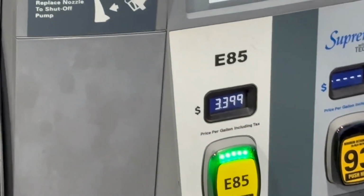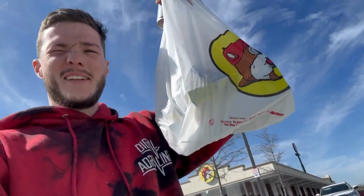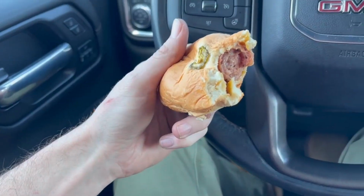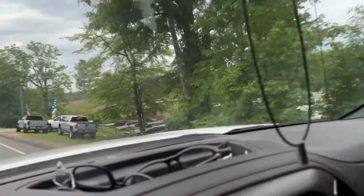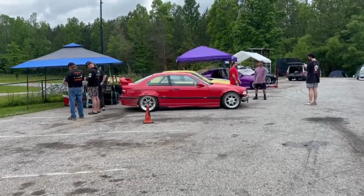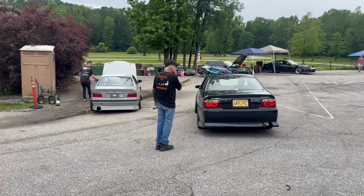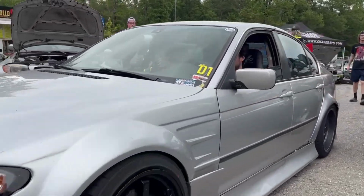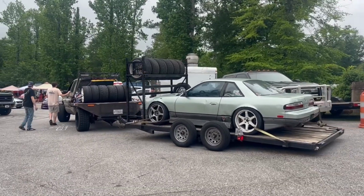Look at that. Woo, that's not bad. We gotta stop for kolaches, dude. It's the best hot food in Buc-ee's. Go ahead and check straps. We'll keep going. They're so good, you can't have any. I know. Mid-pond! Go to the pond! Let's say hello to everyone after we unload. One of my favorite